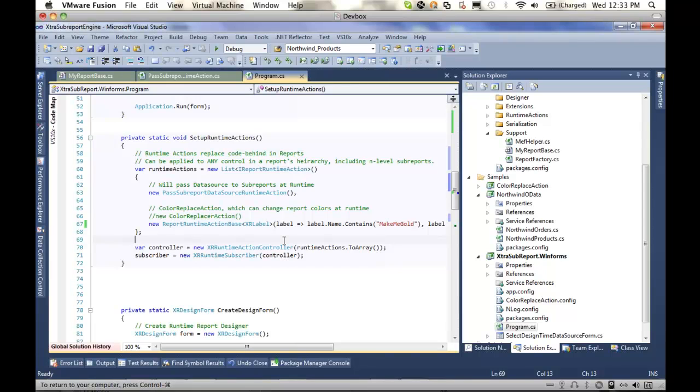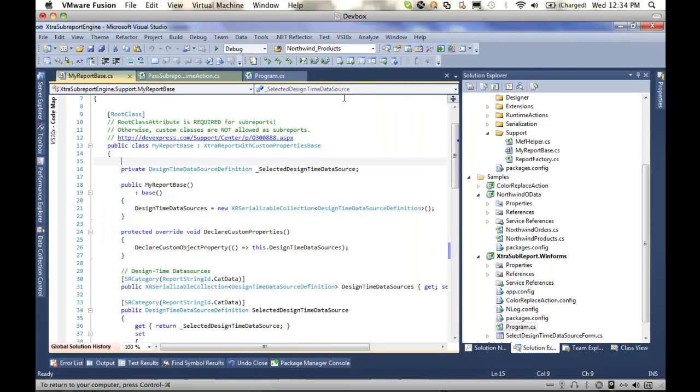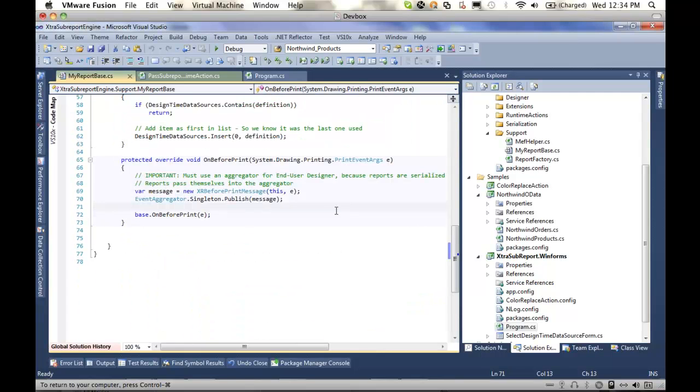So one of the tricky pieces that we were able to figure out for everyone is using an event aggregator. Now, an event aggregator, if you've heard of that before, I don't want to get too off track, but it basically allows that compiled report to talk back to us using a message. And here's what that looks like. So right before we're printing, we create a before print message, and we publish that message to the event aggregator. And then anyone subscribing to that message,